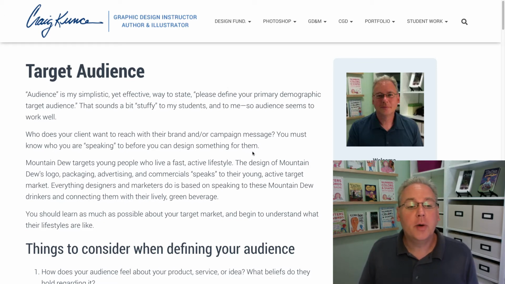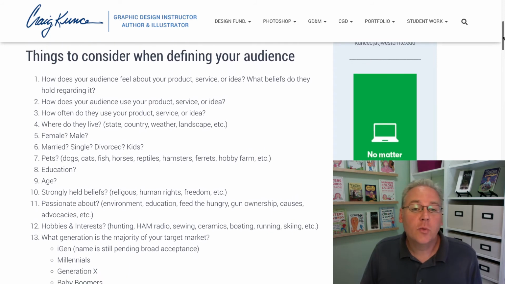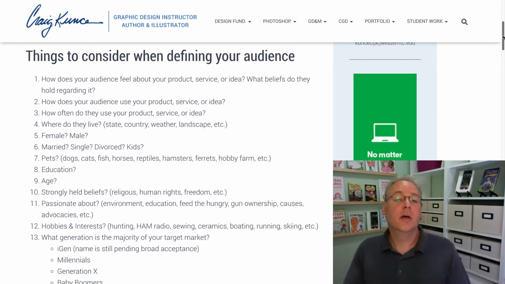So thinking about this, I would try to focus your message and say, I want to choose maybe this 10 or 20-year group of people that are maybe 30 to 50, or you might want to choose just somebody who is 15 to 30 years old or in their 20s, and say, let's create a message for them. And then let's create a message for someone who's a little bit older, maybe 50 to 60, and target it that way. So those are things to consider when you define your audience.